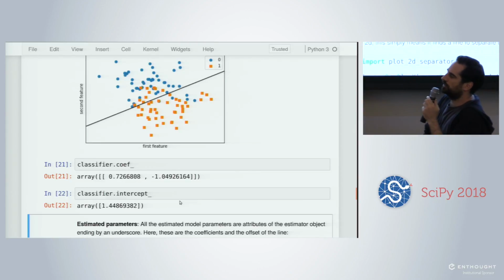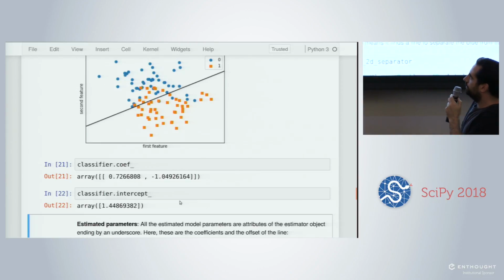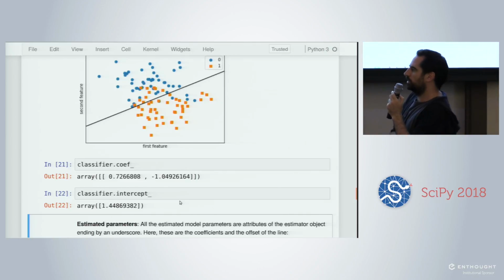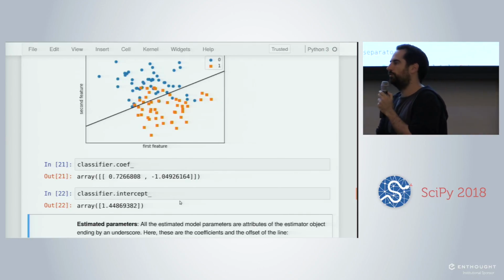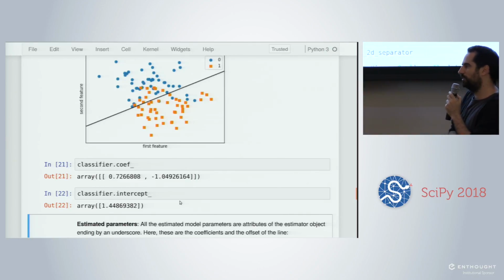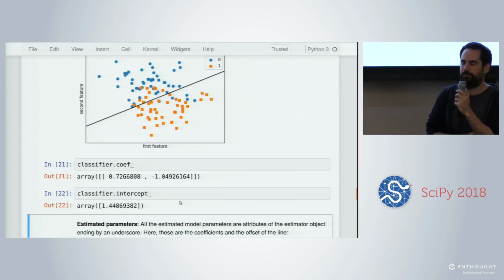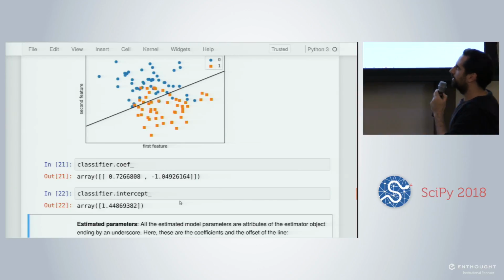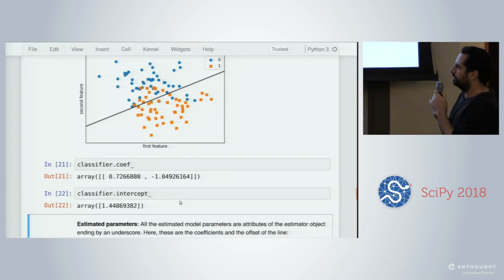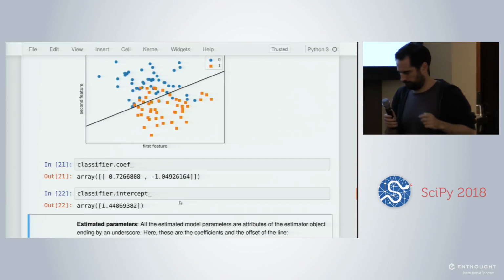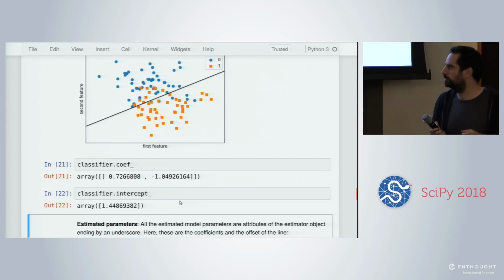In that case, we could use alternative metrics, such as balanced accuracy, ROC AUC, or F1 score. They are all in Scikit-Learn, and you can read the documentation. We'll focus on that this afternoon, with something about the metrics.